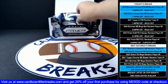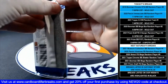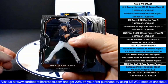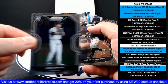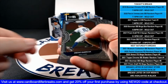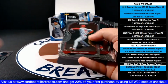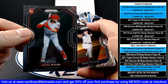All right. Pack number 11. Mike Yastrzemski, Luis Garcia rookie, Andrew Vaughn rookie, Debbie Garcia rookie, Brent Rooker rookie, Shohei Ohtani, Alec Baum rookie,